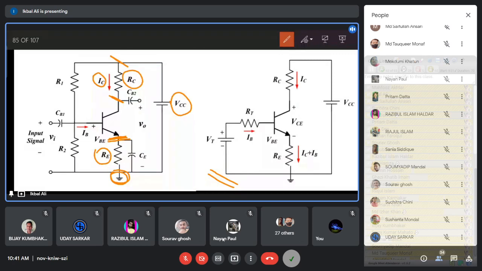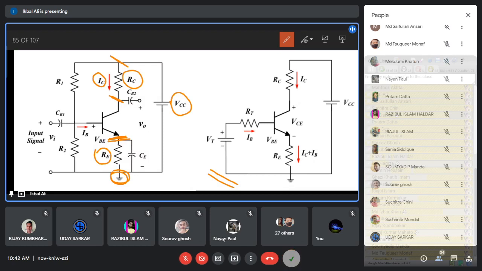And instead of the RB resistance, previously you have seen that the base current was supplied by a resistance which is called the RB resistance. This base resistance RB, in case of fixed bias circuit, was connected between the VCC and base. But in case of collector to base bias circuit, we have a slight modification that the RB resistance is not connected to the VCC, but it is connected to the collector. But in both the cases, the single RB resistance actually supplies the base current in the earlier two biasing circuits.